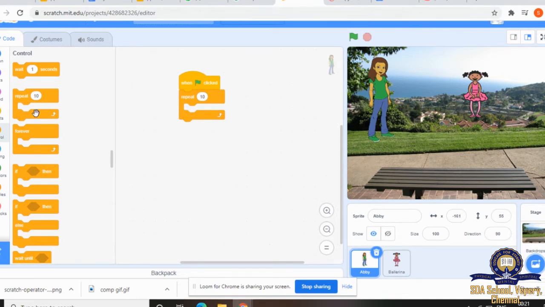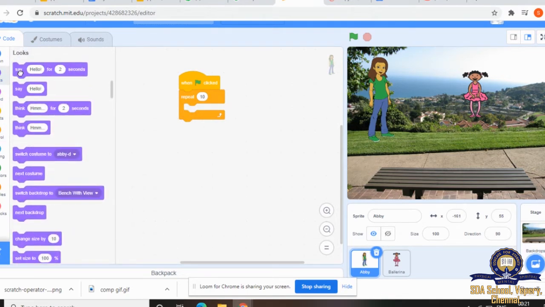Then when you go to looks there is "say hello." You have to keep it inside the repeat block. Instead of hello, we can say, "What is your name?" This girl, the green color t-shirt, the small girl, is being asked, what is your name? It is a question, so I'm giving a question mark.